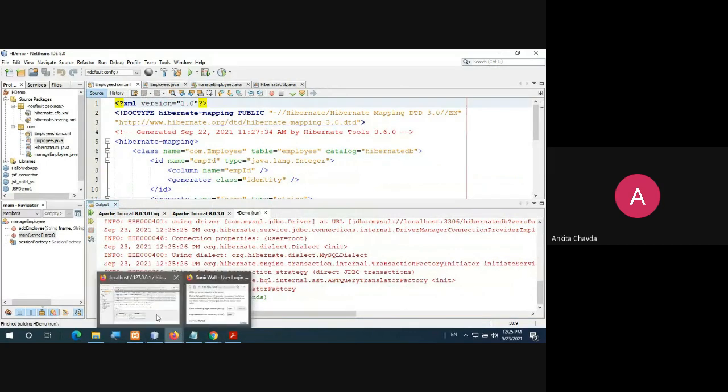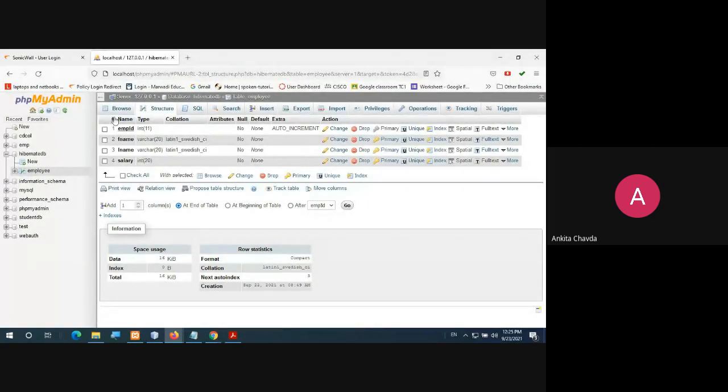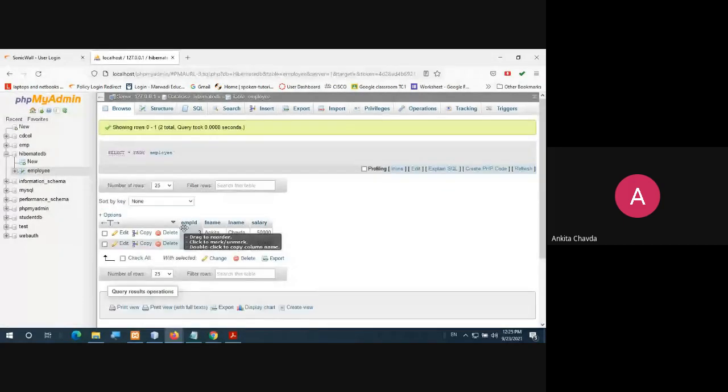Now we'll go to the database and refresh it. Fine. So this has been inserted. Done. So this is how the insert operation works.